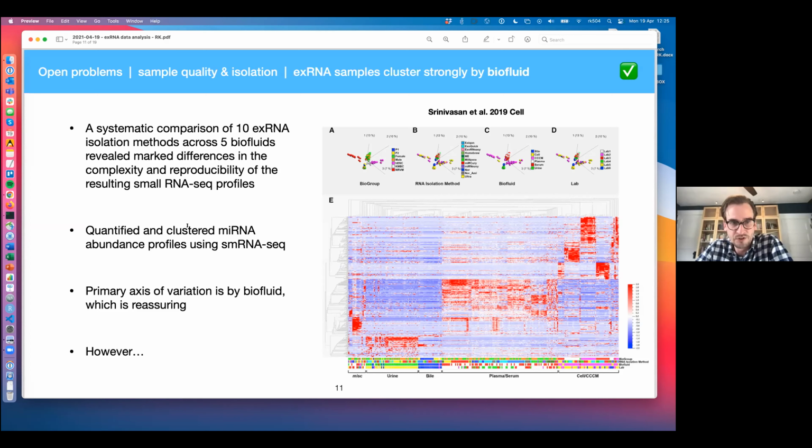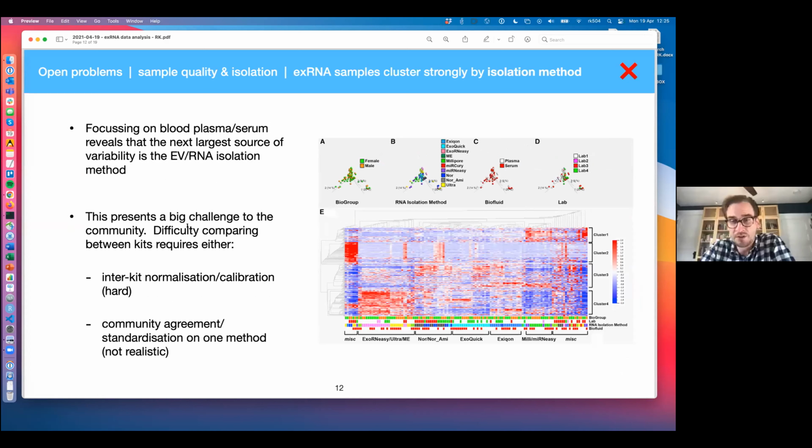biofluids, which is good. But the second most prominent source of variability, at least in plasma and serum, is by exosomal isolation or EV isolation method. So you can see a number of different kits and techniques used to isolate the EVs and then to extract the RNA from within them. And the clustering is pretty strong here between each of these kits, which presents its own set of challenges, because